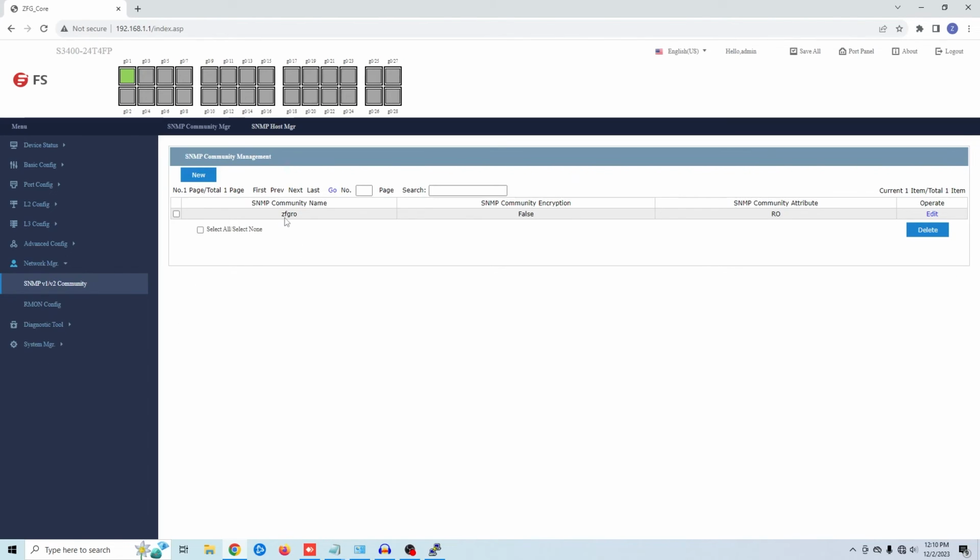So we can see our community that we created for SNMP. And then eventually I'll also get Zabbix set up to monitor that as well. And we can also make access control lists. And then if we come down here, we can